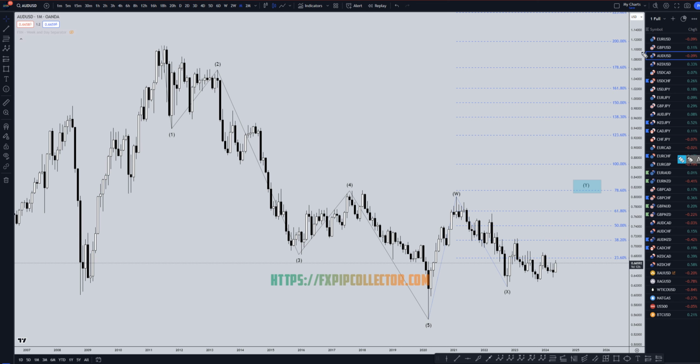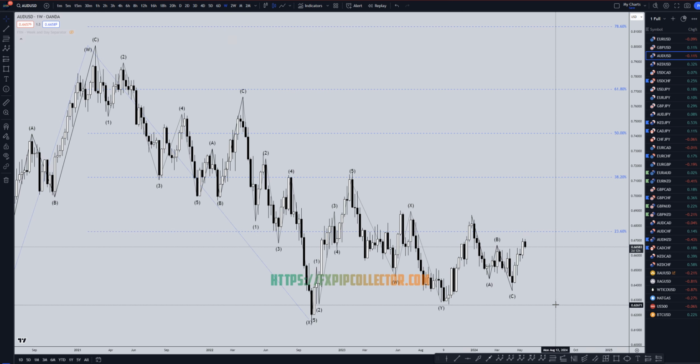I'm going to be analyzing the Aussie US dollar, starting on the monthly, working my way down to the 1 hour time frame for the full top down analysis. So on the Aussie dollar, I still think we're looking at a big W, 3 waves up, 3 waves down for an X. I think this is going to turn into 3 waves up for a wave Y, which is most likely going to eventually go up and take out these highs. Probably the 78% or the 100% Fibonacci extension would be the most likely target for that move up.